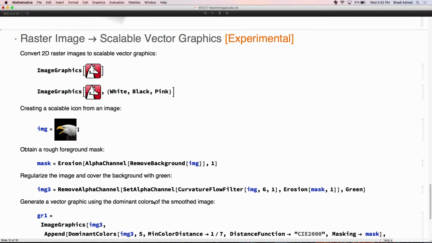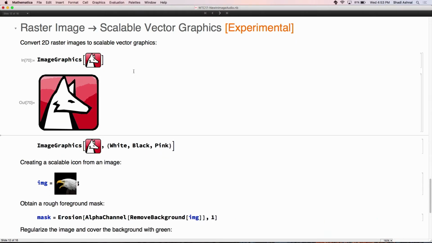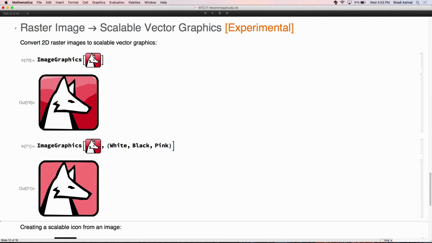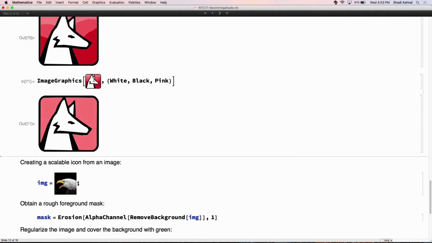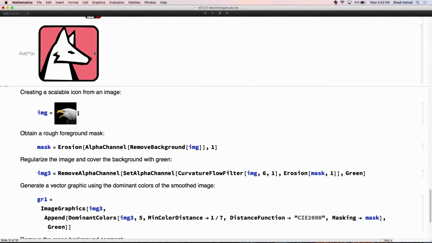The other thing that was added was the function ImageGraphics. The goal of ImageGraphics is to go from raster images to scalable vector graphics. I think the holy grail of that would be to convert scanned plots and things like that from very old papers to actual graphics that have proper ticks and proper plot lines and all of that detected and put together. The current version is experimental because of some design uncertainties we had, but it basically only detects 2D regions in the image that are of similar color and tries to form